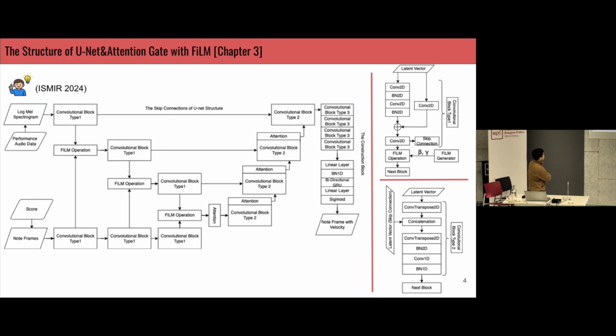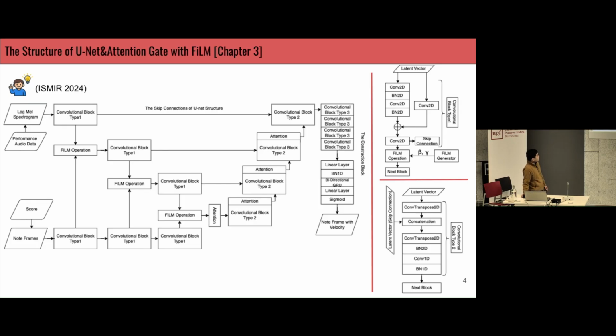into one. For those FiLM conditioning networks, I chose the convolutional block, this part. This convolutional block has the same structure as the convolutional block used to encode the audio information. The reason I chose this structure is that those two pieces of information, the note frame and the log mel spectrogram, have similar information as content. So I chose a similar way to process the two, which would be appropriate to combine together. Then FiLM conditioning happens at each block between those convolutional blocks.